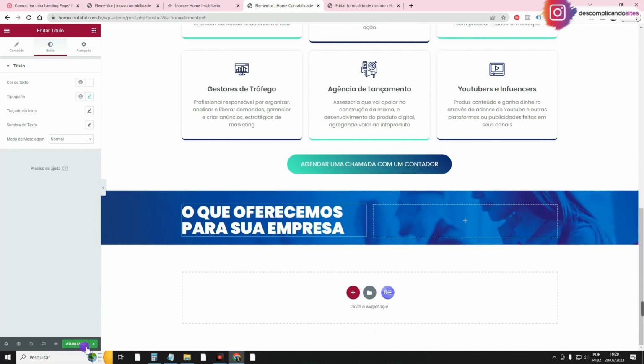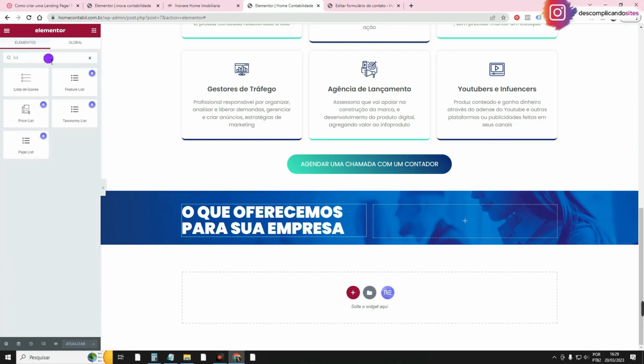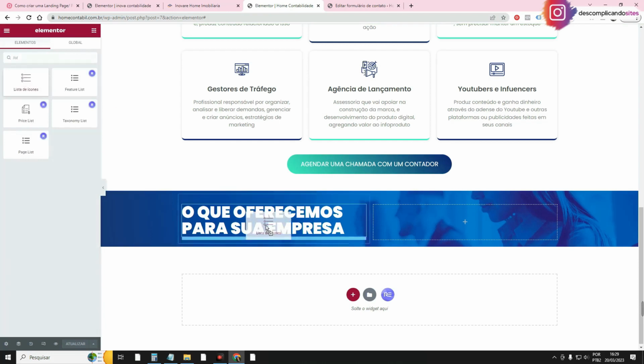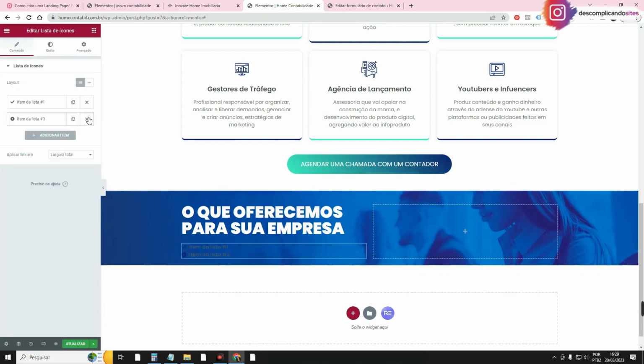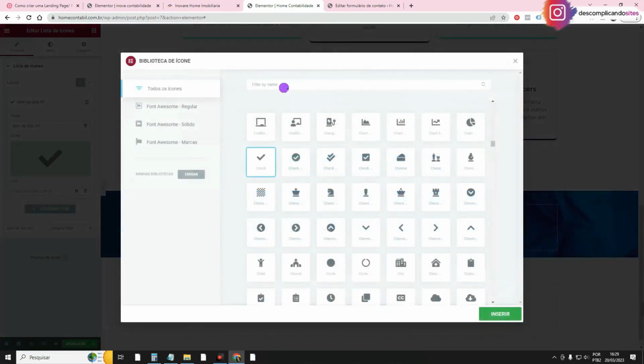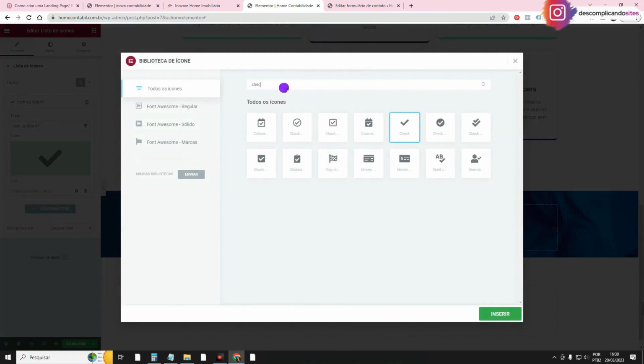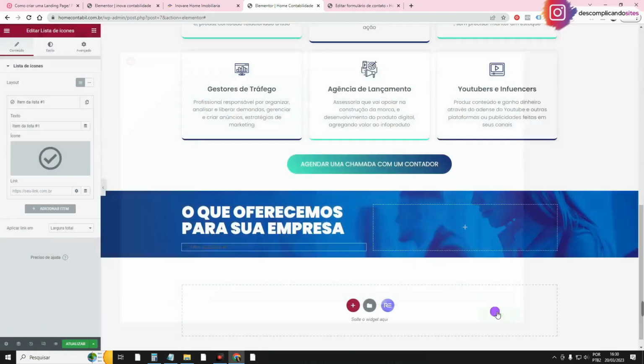I'm going to come here in Style Typography. I'm just going to increase the text size a little bit here. Look, leave it at about 18, weight 400. It's cool like this. I'm going to click on Update. Now let's do this section here. I'll even copy this title. Remembering that in the end, I will teach you how to make both this image and this image here,